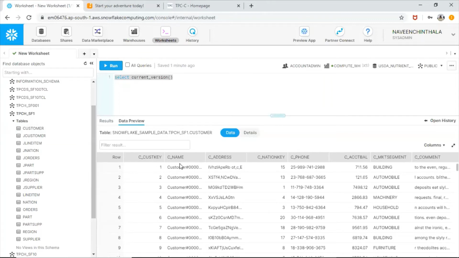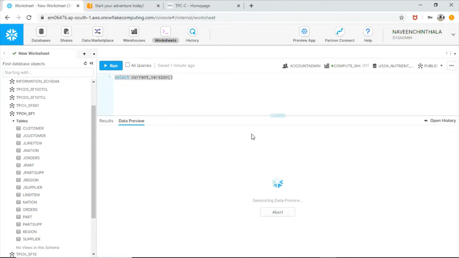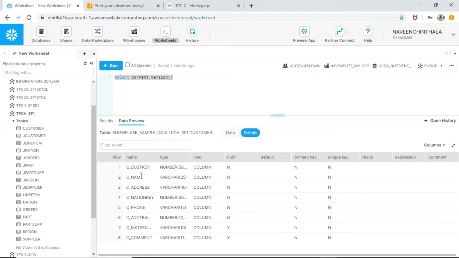We can presume that this is customer name, customer address, customer phone number, like that. And if you want to see the schema of this table, nothing but the structure of the table, you can click on details. Now see this, customer key is a NUMBER(38) data type, and customer name is VARCHAR(25), like that. So you can see the structure of the table from here.